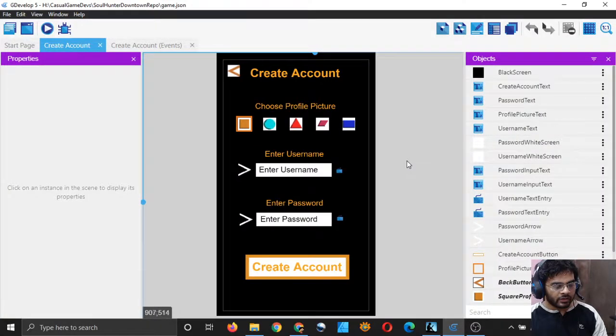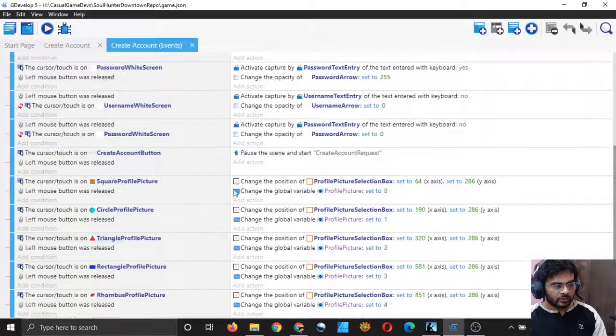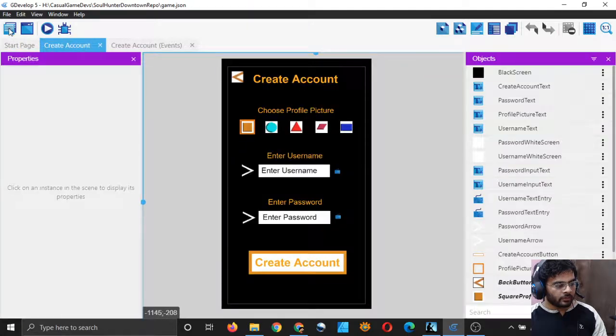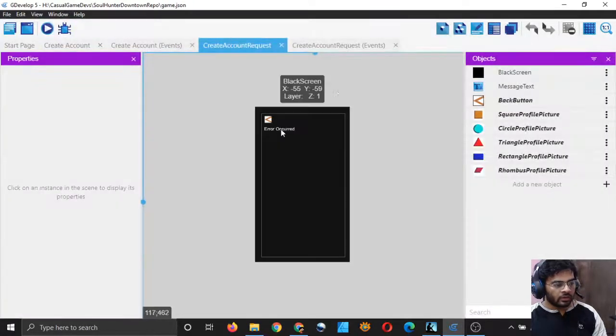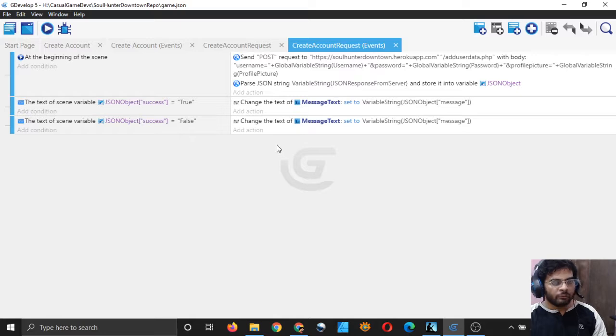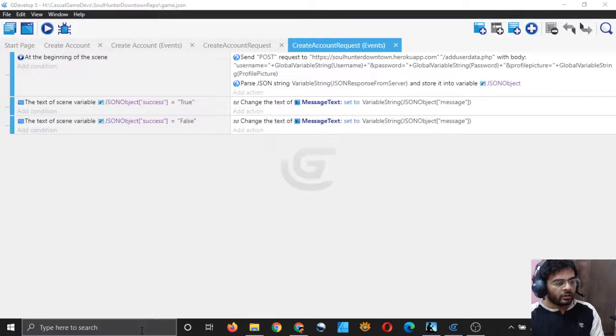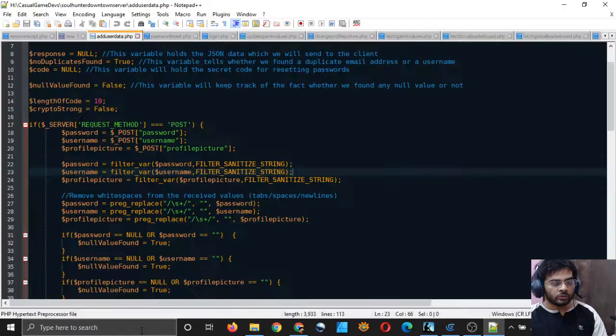So last time we designed this and we also programmed it, and it was working pretty well. So this time we will be fixing some things in our scene in which we are actually sending the request to the server. So I was getting the message, but I want to check my server code and see exactly what the server is sending me, because that was not the entire message. The server should have sent me something more than just telling me that account created.